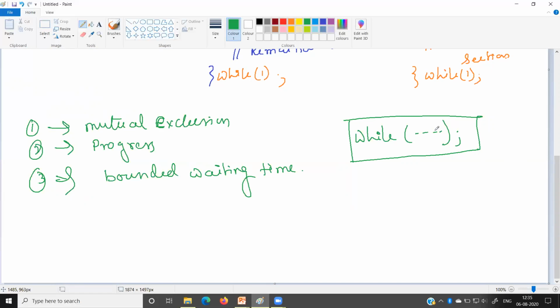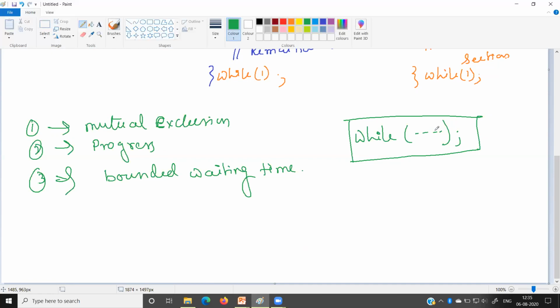So this is one disadvantage of all the algorithms we have discussed so far, because in all the algorithms you can see that this while loop is continuously executing. That means though the processes P1 and P2, any one of them is not executing, not performing any job, still it is continuously consuming the CPU time. So as it consumes the CPU's time, it is a wastage of the resources.